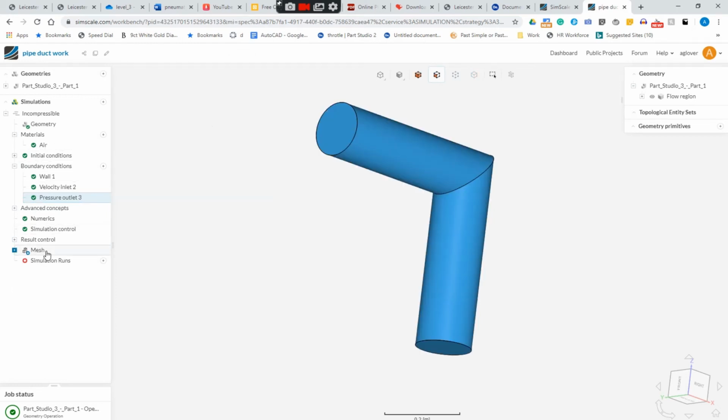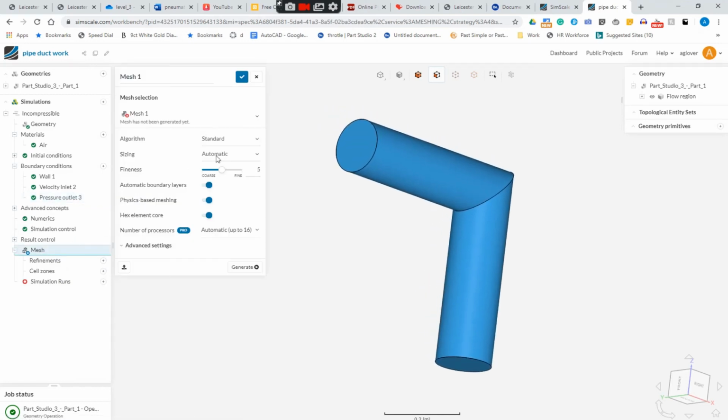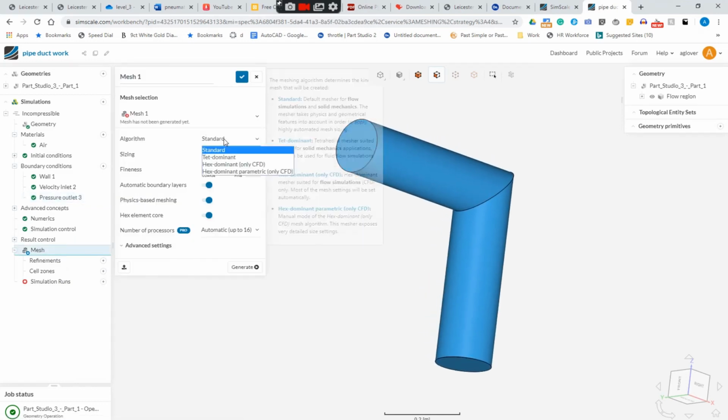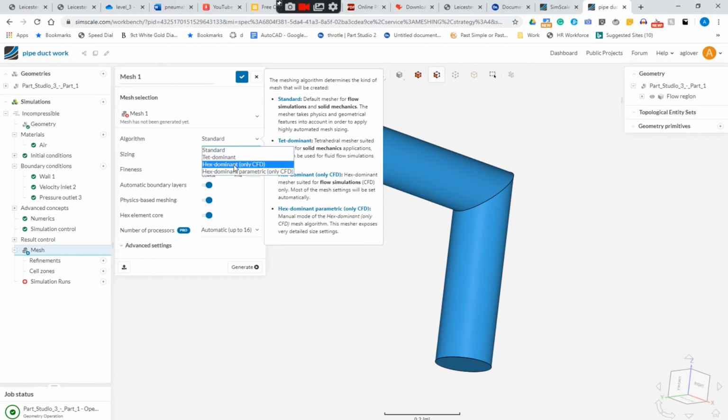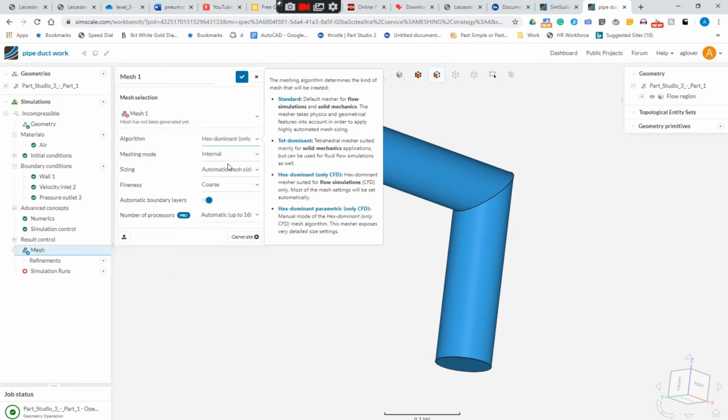Everything else is blue. I'm going to go to mesh just to make sure the settings are right. Standard, well actually for CFD a hex dominant is a better model, and I think they've found that through experimentation, but the hexahedral shape, which is normally a cube, is a better model for fluid flow. It's hex dominant. It doesn't mean that every shape will be a hexahedral, but where possible it will use that. We're modeling an internal mesh,